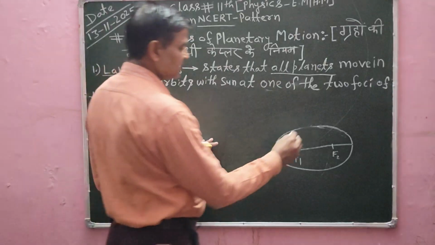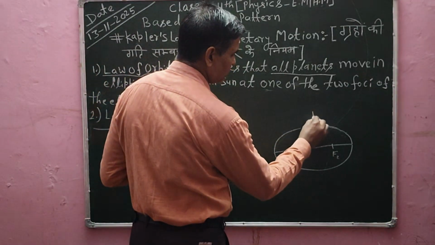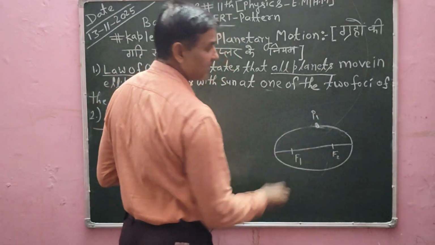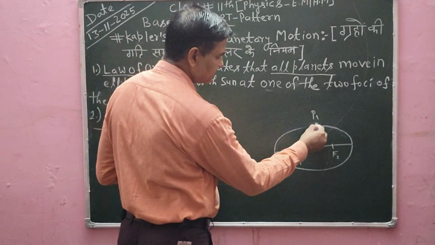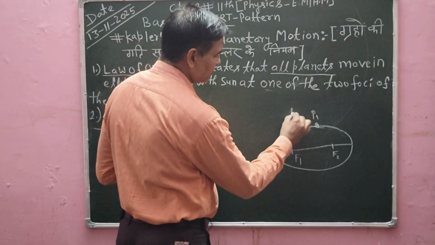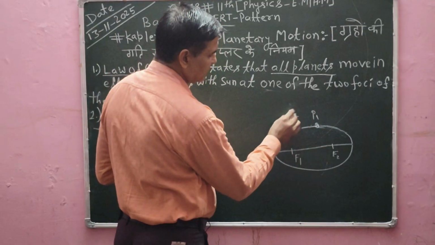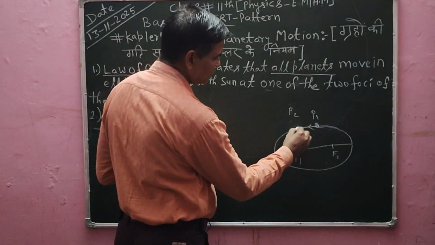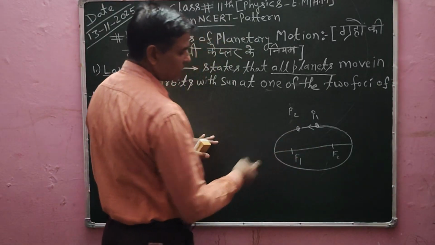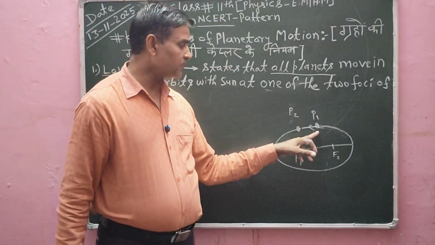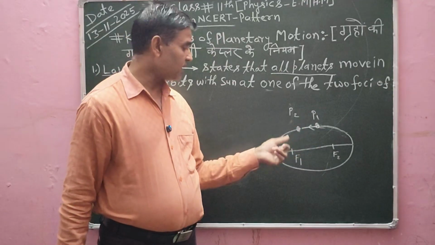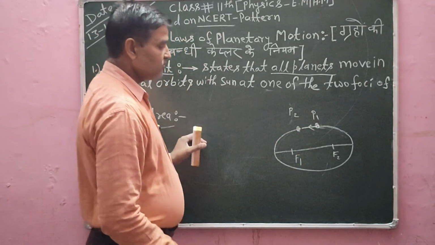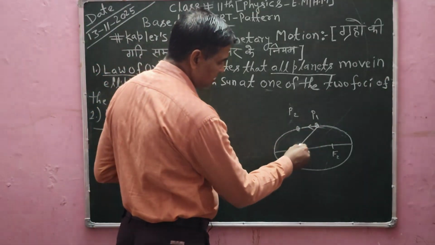Now, if a planet is available at the point P1, here I will say at point P1 there is a planet, which is moving to the point P2. The planet moves from point P1 to P2. So this is the planet which is located at point P1, and this is also the planet which moves from point P1 to P2. When I join these two points with one focus,